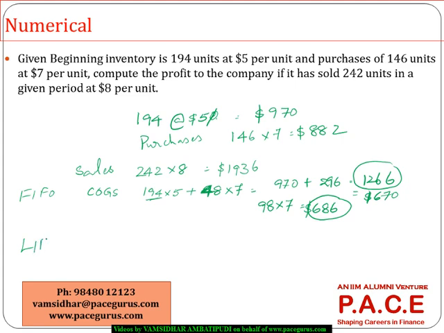Let's say I am going with the LIFO mechanism, what would be the cost of goods sold now? The latest ones go into cost of goods sold. So the latest 146 items at 7 go into cost of goods sold, and because 242 items are sold, the remaining 96 items will be taken from the old inventory, thus taking the cost